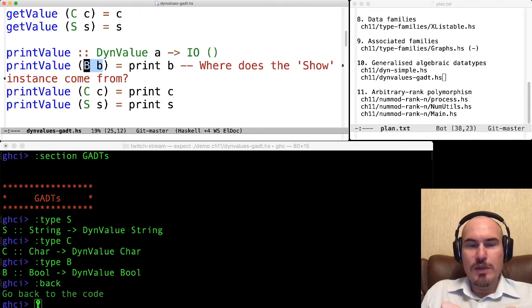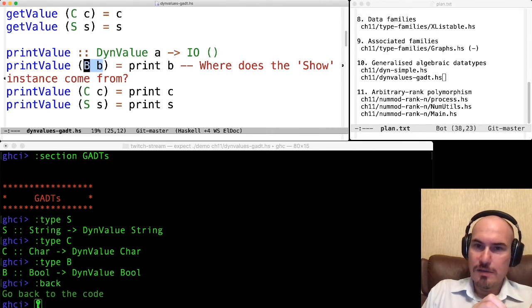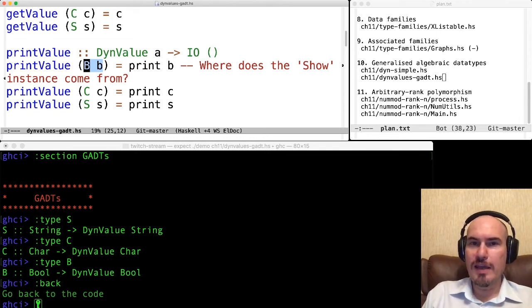So the moment when we try to use this B in a pattern matching, at this moment, GHC knows that a equals Bool, and it can use whatever is available for bools. For example, the Show instance. And in this case, a equals Char, and GHC is able to use everything for chars.